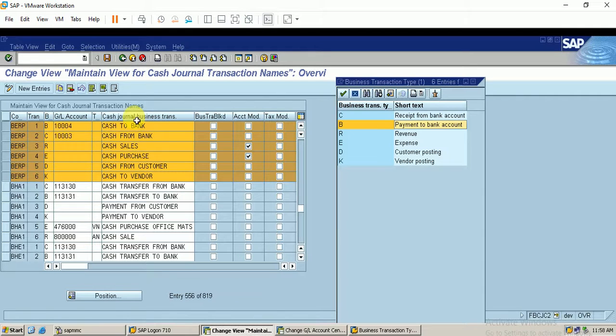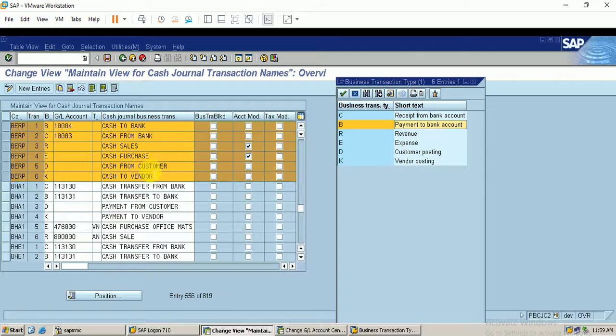So I have defined the different business transactions. That is cash to bank, which is nothing but deposit into bank, and cash from bank, which is withdrawal from bank. So considering the situation of deposit into bank, we can choose this business transaction type. Whatever business transaction you are creating should be relevant to the business transaction type. So I have linked the business transaction I defined to my business transaction type.